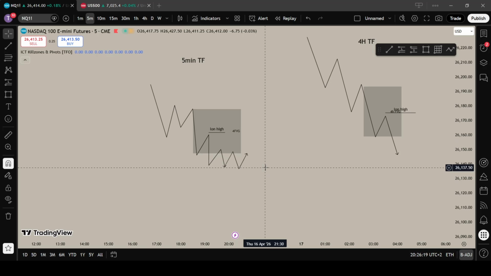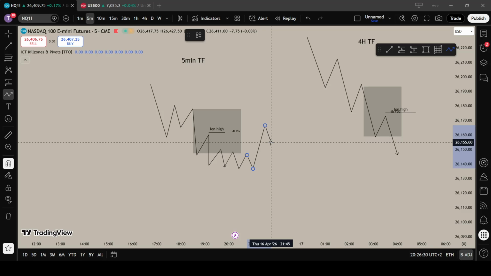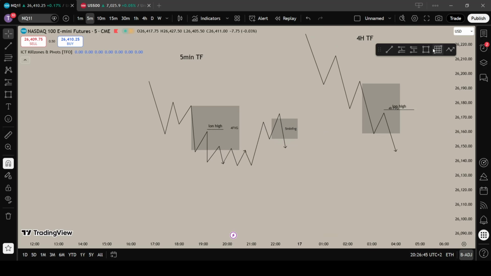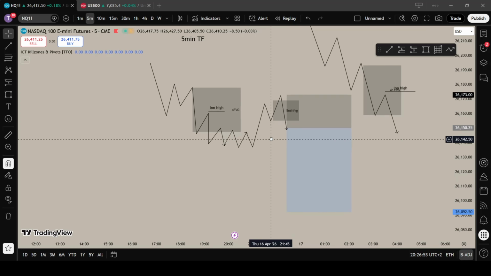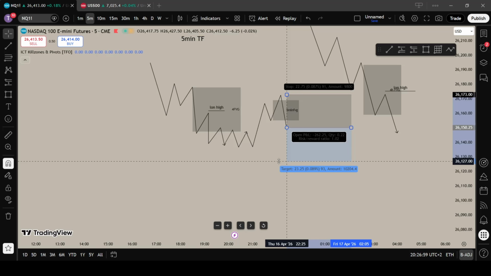And now what we do, we wait for price to enter the 4-hour fair value gap, wait and sweep the London highs inside of it, and now we create the 5-minute fair value gap over here that we inversed. After the inversion we go and take a short position right here, stops above the candle that inverts the gap, and let's say our take profit will be a simple 1-to-1,